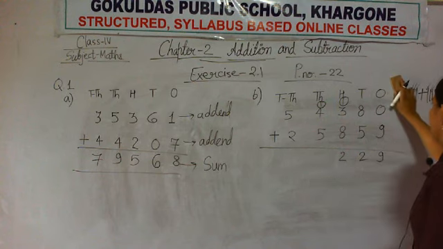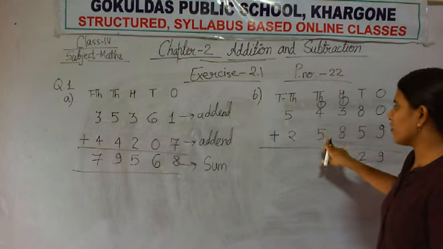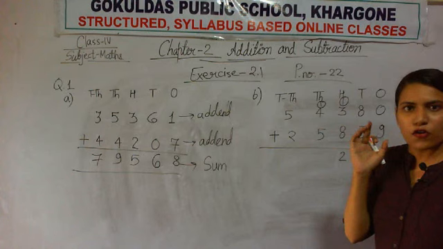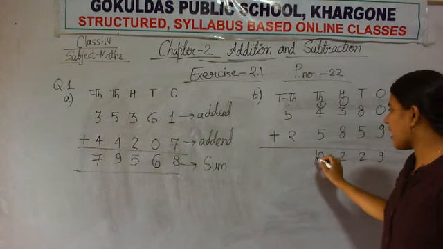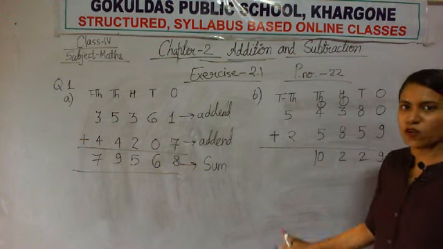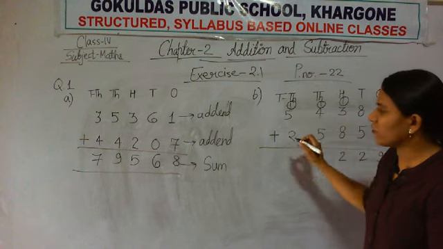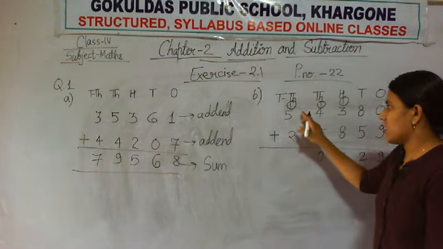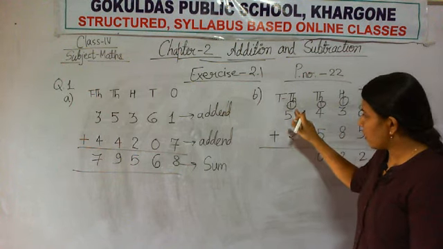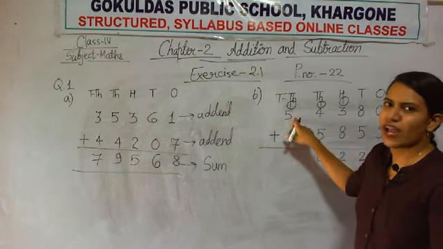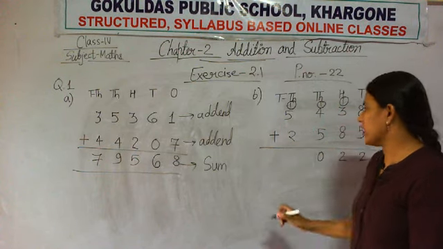So now add them. Now again you have 3 digits to be added. 1, 4 and 5. So 1 and 4 is 5, plus 5. 5 plus 5, 10. You cannot write 10 here because only 1 digit you can put here. So this 1 will be regrouped with the next place. Now add this 1 with these 2 numbers. 1 plus 5 is 6, 6 plus 2 is 8.